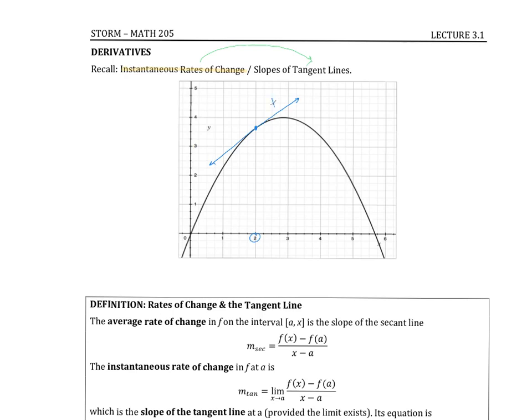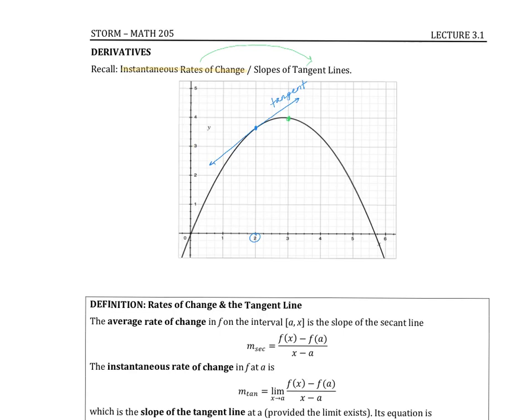So this would be our tangent line. And that would give us an instantaneous rate of change. What it does is it gives us the rate of change at that single point, which is simply the slope of the line. Now, if I look at, say, another point on the graph,